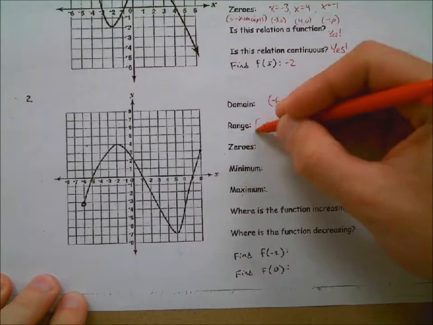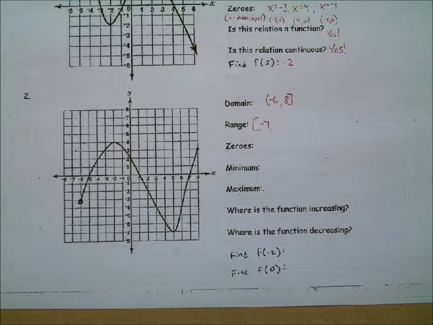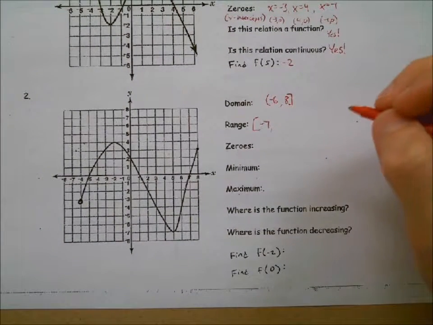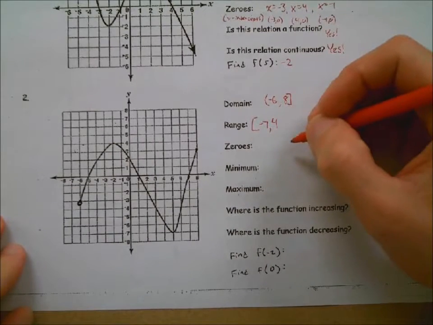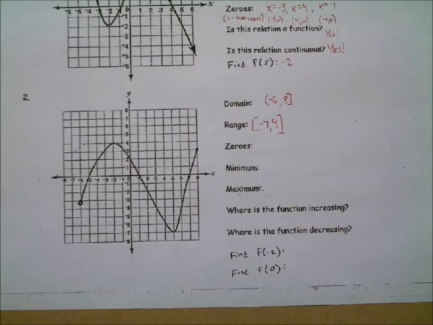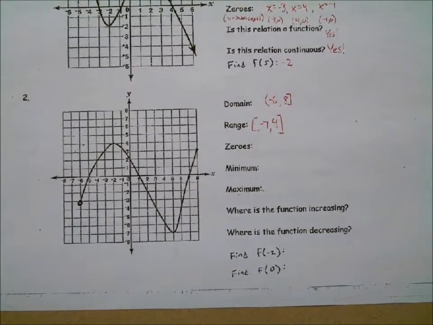And what's the highest y value we get to? 3. 8 or 3, so it sounds like you weren't sure. Take a look one more time at your graph if you want to. Okay, what is the highest y value that our graph hits? 4. Sorry, I was looking up from the lowest point. No, that's okay. That's why I wanted you to take a second shot at it. Okay? All right.